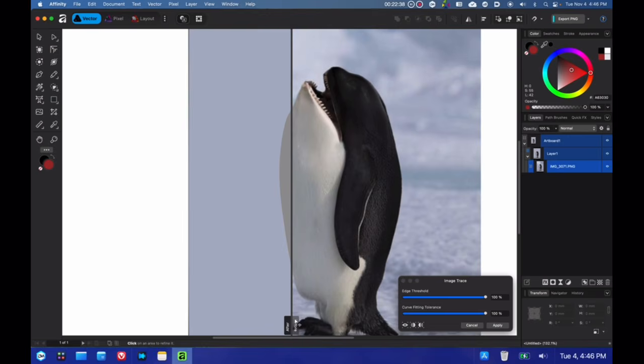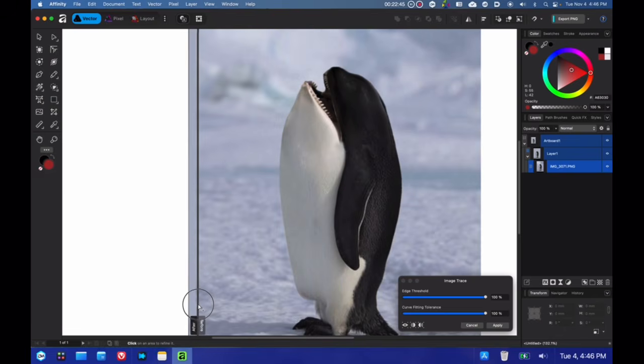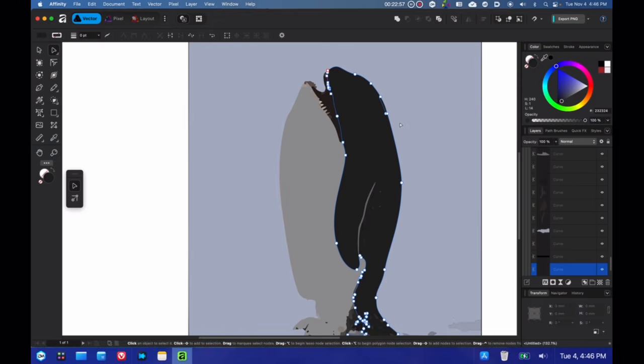Okay, so here we can see the difference. This is the after and this is the before. I'm going to take the node tool and just test this. Okay, so it's not grouped. So you can edit these in a way you want. Because I remember, I don't know if it's still the case, but I remember when using Adobe Illustrator, the image trace would group everything together and then to ungroup and ungroup and ungroup, and it was not fun.